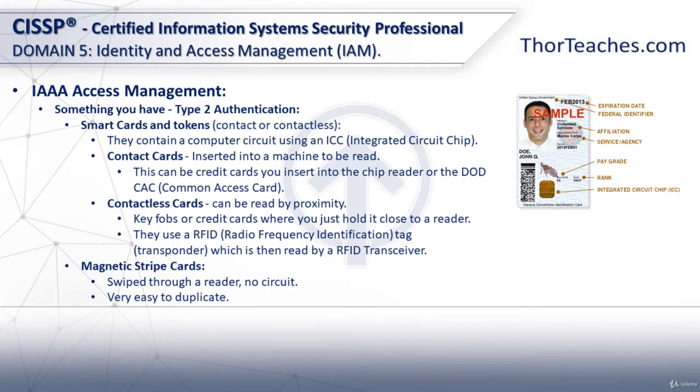And depending on how strong the signals are, you need to touch the card onto the reader, just like tap it, or you can hold it 5 or 6 inches away, or 10 to 15 centimeters. Key fobs are also contactless. Just like the ID card, they have that little chip. You hold it up to a reader and you get access through that door. And then finally we have the magnetic stripe cards. We've talked about those already. Very, very easy to copy. You can buy something online for a couple of $100 to make them, so really we should avoid them.